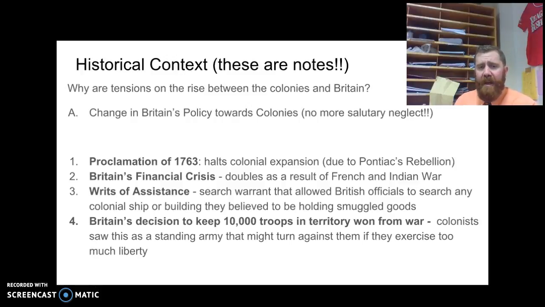The writs of assistance started in 1760 during the French and Indian War, and these are just general search warrants. They are going to allow the British officials to search any colonial ship or building they believe to be holding smuggled goods. The big problem here is that a lot of the colonial merchants work out of their homes, and so the writs of assistance allow British officials to search for ships. But a lot of these buildings could be the merchant's actual household. So now you have British officials being allowed to search the homes of the colonists, and this is going to